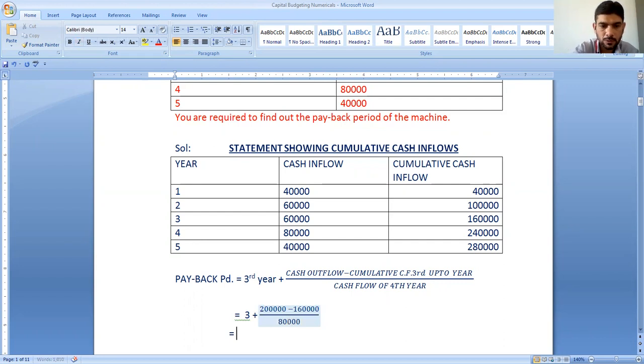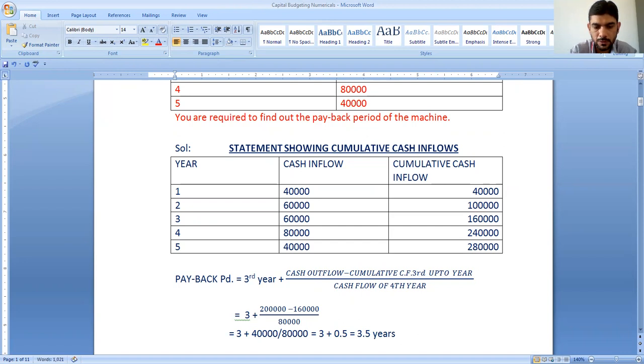Now 3 plus 2 lakh minus 1 lakh 60,000, it will be 40,000. Divide by 80,000, it will be 3 plus 0.5. 3 plus 0.5, that will be 3.5 years,